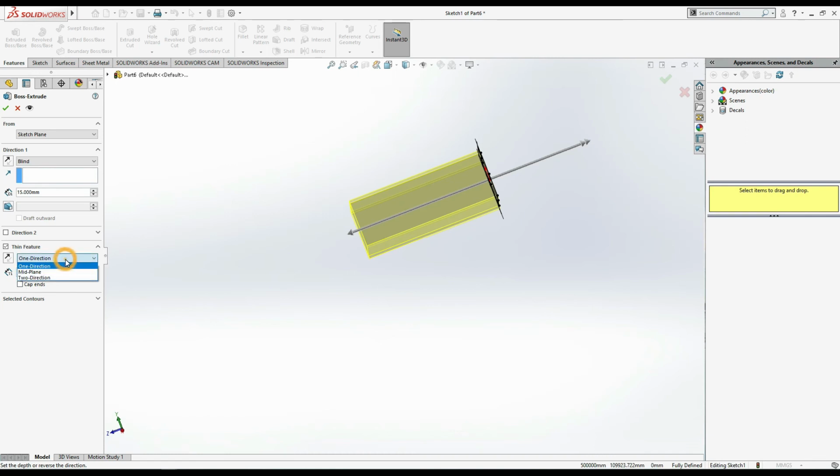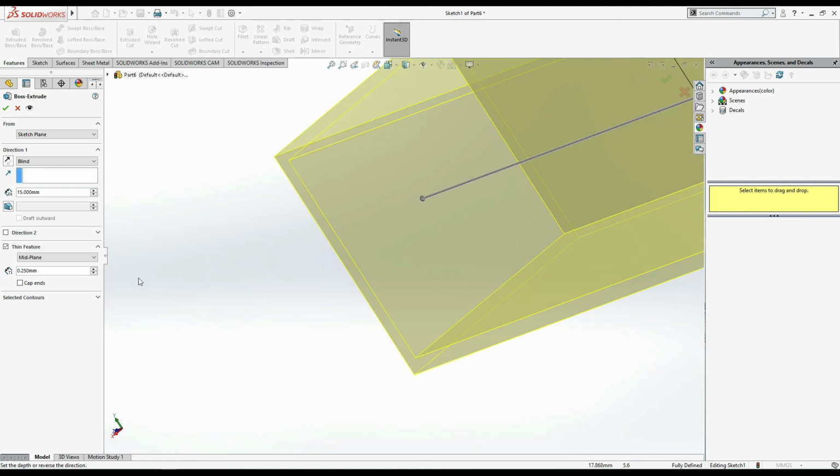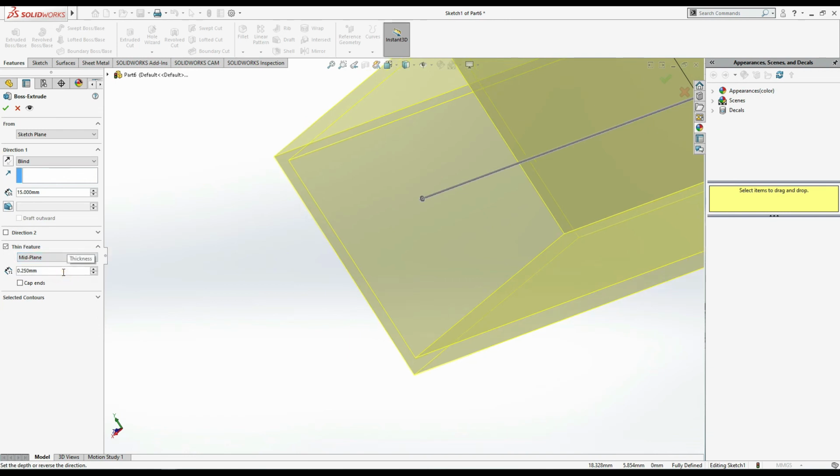Here's another option: one direction, mid plane, two direction. If I select mid plane, now it's not going to extrude on both sides, but you can see here. Now if I go to one direction, it is going to make these 0.25 dimension in one direction of my sketch. But if I go to mid plane, then it is going to use this dimension in